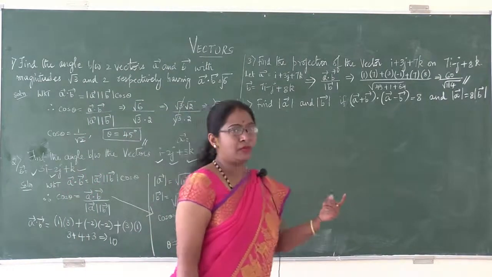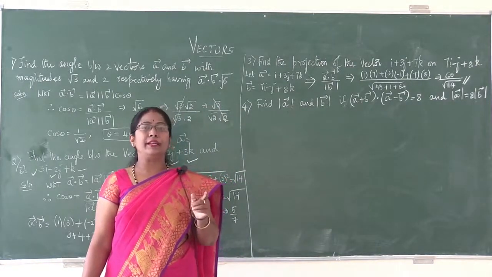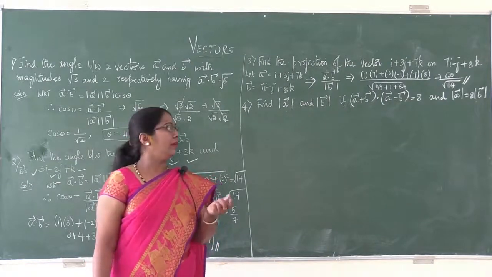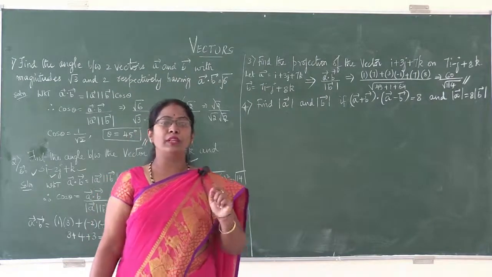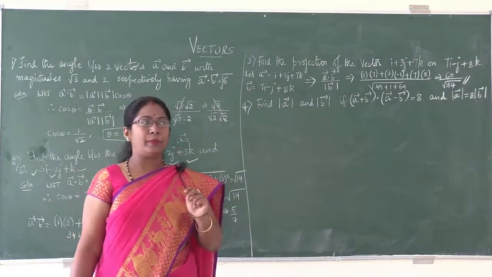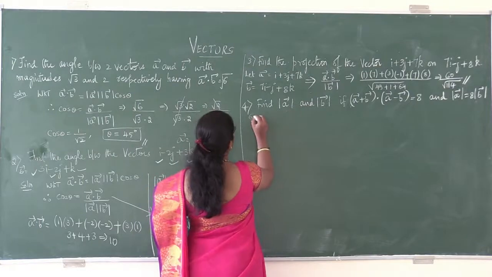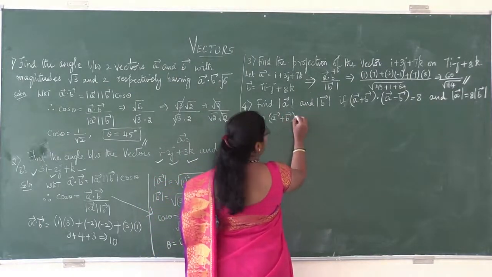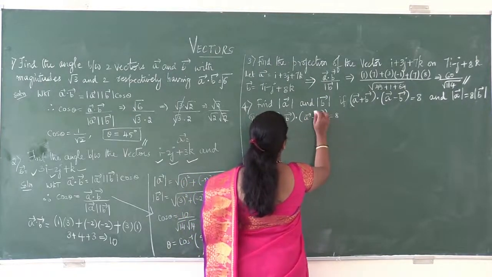Before solving this problem, let me summarize. The dot product is commutative, that is A dot B is equal to B dot A. Then the square of any vector is equal to the square of its own modulus. These two are the properties of the dot product. Keeping these two properties in mind, we shall start solving the given problem. So what is given here? Vector A plus vector B dot product with vector A minus vector B is equal to 8.